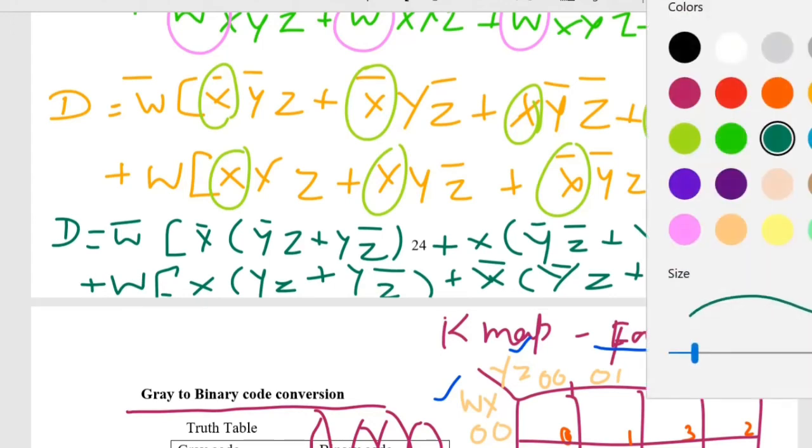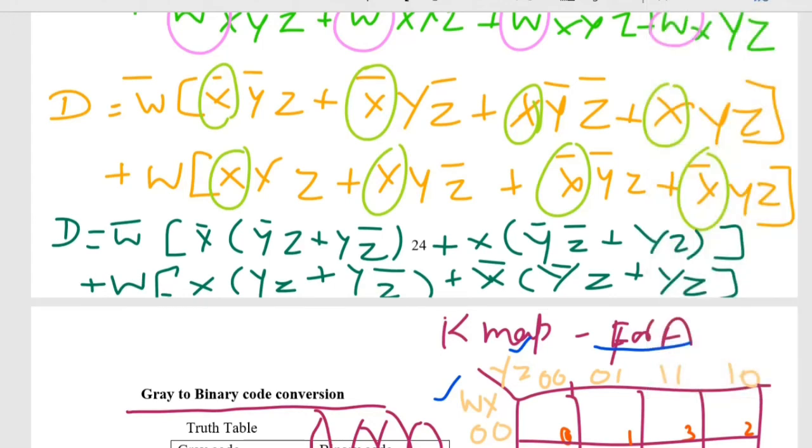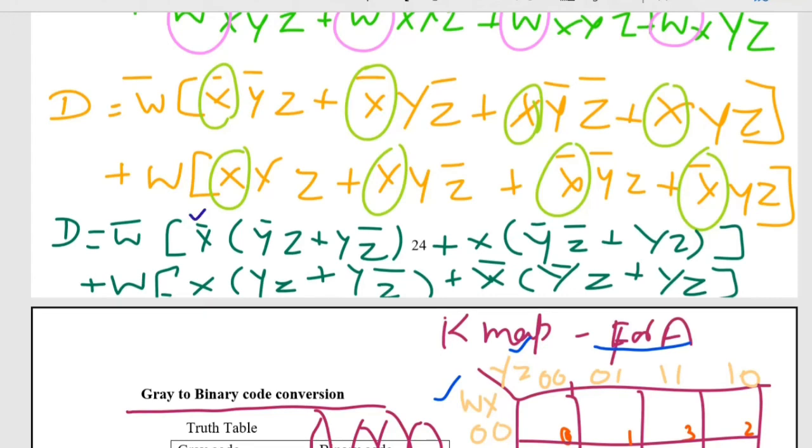So students, listen carefully. Here it becomes Y XOR Z, and here also Y XOR Z the whole bar.